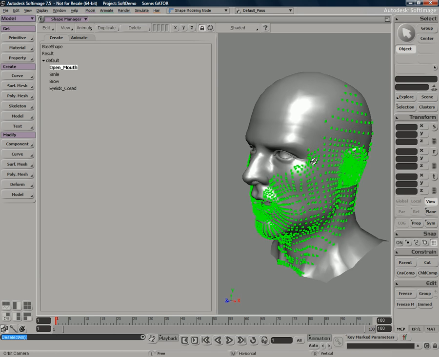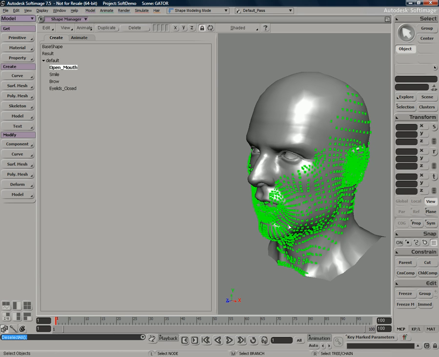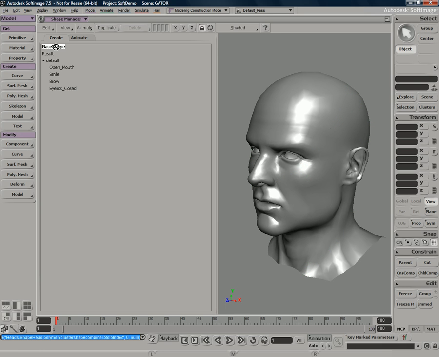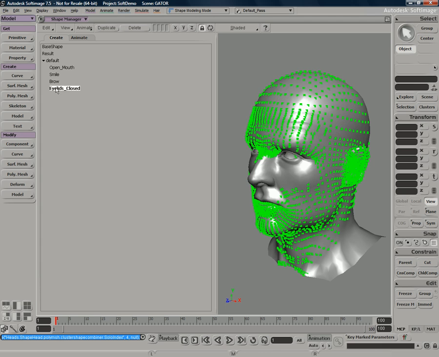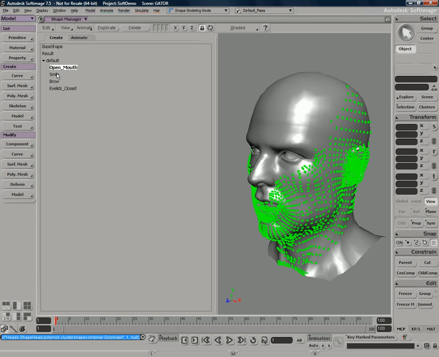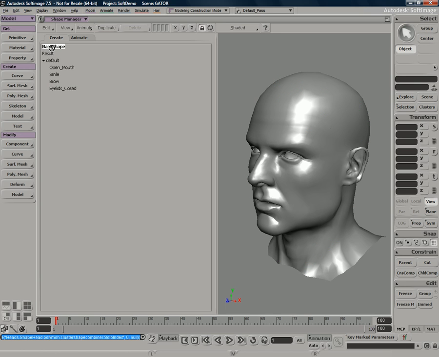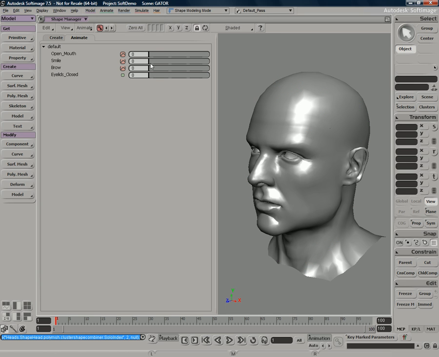Unselect the mesh, we can see what appear to be a bunch of little green points on the face here. Well, the reason for that is you start off with a base shape, you duplicate that base shape, and then make adjustments to that shape. And what we're seeing here are all of the points that are now in new locations from the original default shape. It automatically builds a slider page for you, so you can begin to animate with these sliders without having to actually build that slider page yourself.